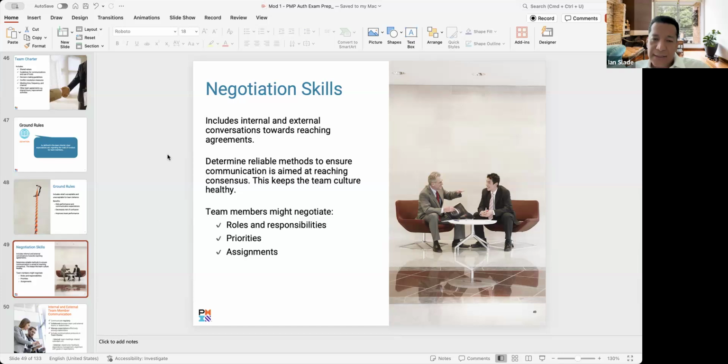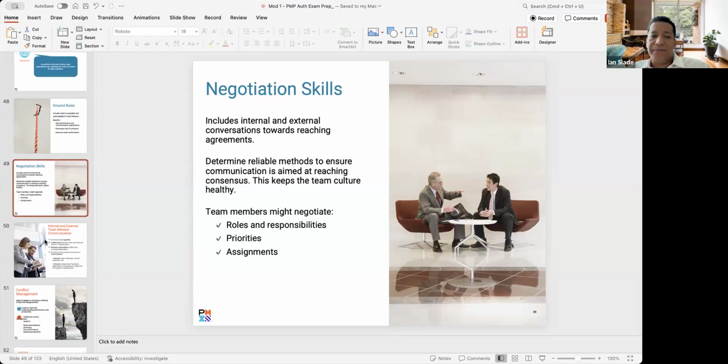So as you're establishing the folks around the table, you want to make sure that you have the right roles, responsibilities, you have your priorities in check, and you also have the right assignments. Especially if you're doing a merger and acquisition, I was helping with Hawaii Health System, and this was over more than half a year. And you have different assignments. Like, hey, Ian, you're in charge of the technical stack, and try to look at how can we consolidate the tech stack for this new entity. And so you want to make sure that everyone is clear as to what their swim lanes are, what their focus is, so that when you come back and meet again, you don't divert from your swim lane, so to speak. So we'll go more into this as we go along, but there's so much that goes into negotiation skills,